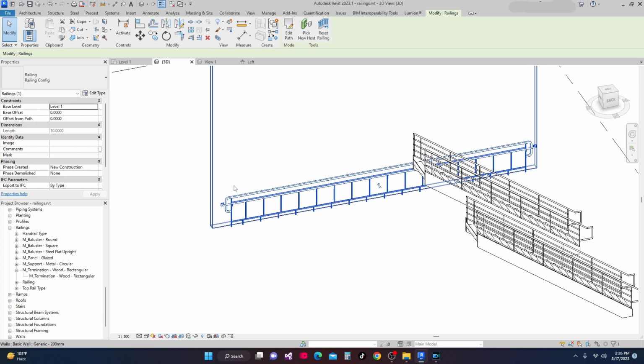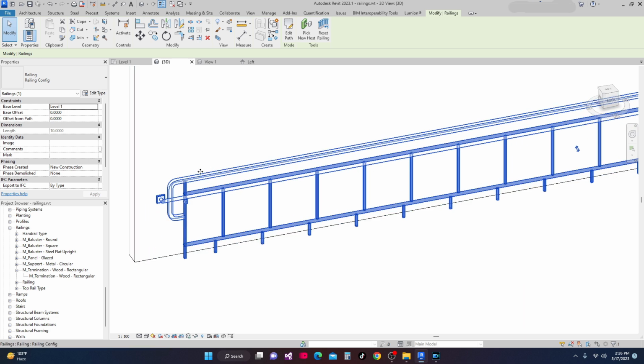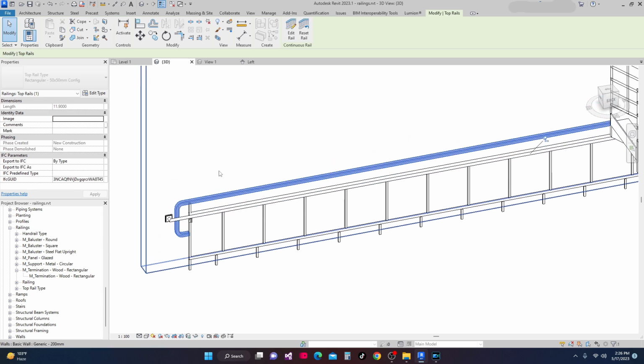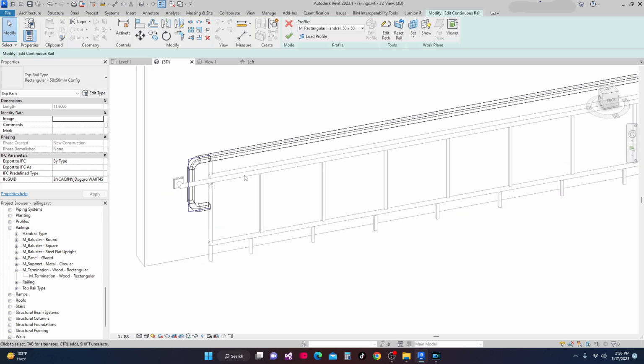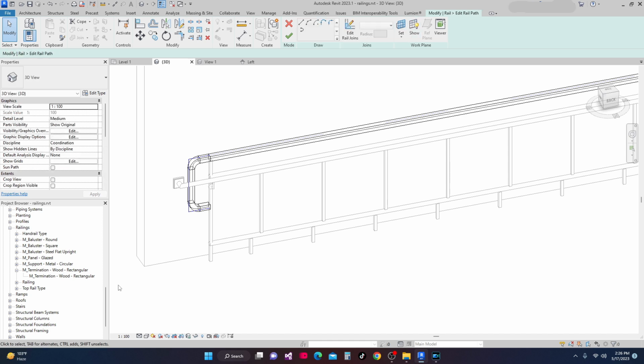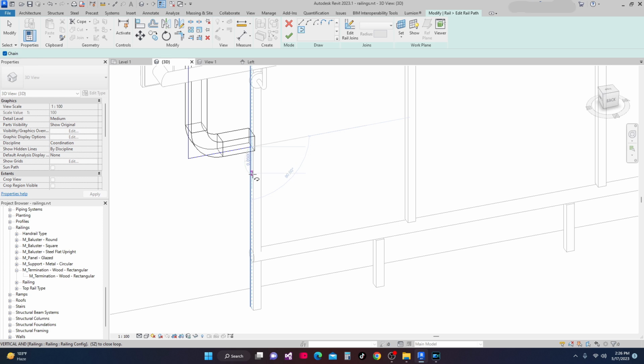So what else can we do here? Here also, our rail, we can edit also this rail. Just hit the tab. I just select this rail, and in this rail we can edit rail, and here we can edit the path. Here is the path, and here in the path we can make an ellipse. I just go here and here, maybe no, not ellipse. I'll make it semicircle,